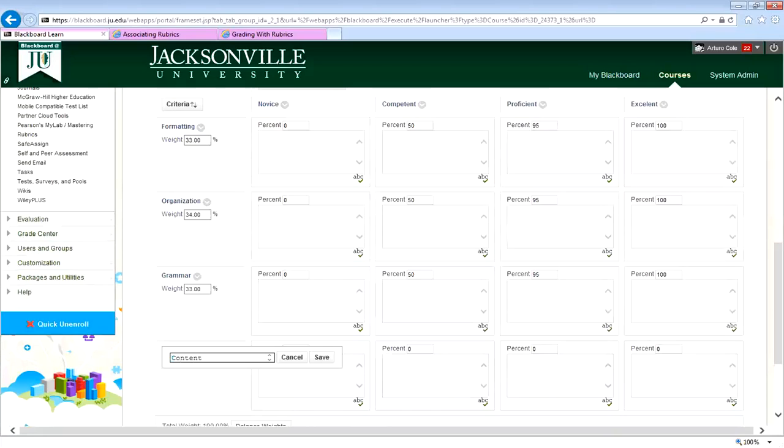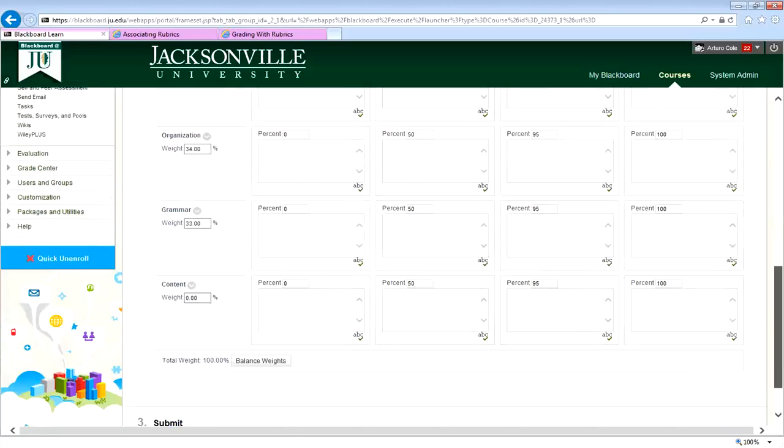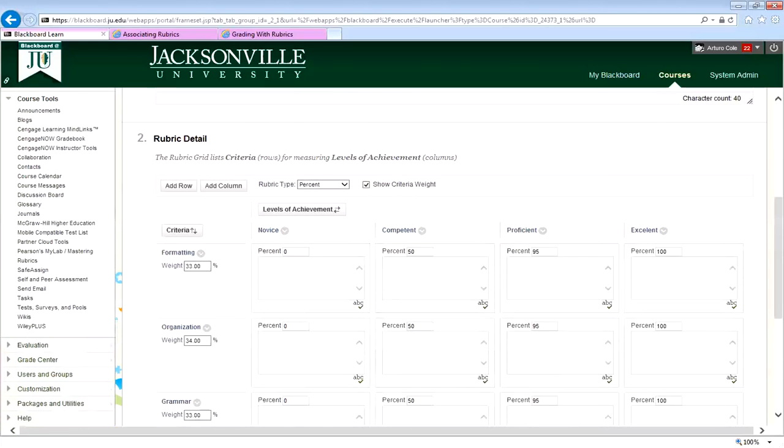The content of the essay is going to be 50%, 95, and 100. So this is going to be my rubric,